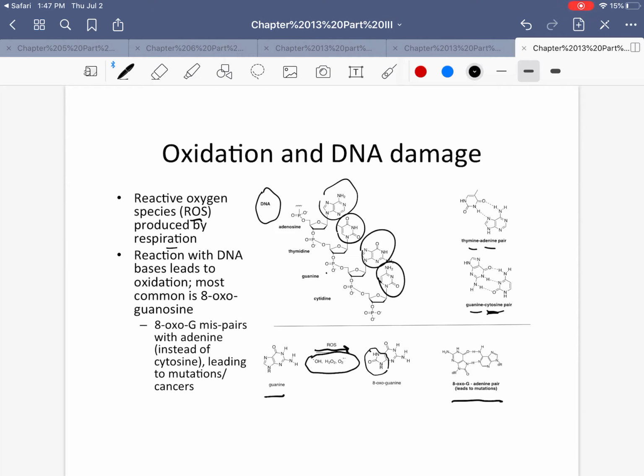So 8-oxo-G, instead of pairing with cytosine, will pair with adenine. And that leads to misreading of DNA. It leads to mutations. It can lead to cancer. So this is a problem. So again, this is one of the reasons why antioxidants are good for you, because they help scavenge these reactive oxygen species. So that's where we're going to end for radical